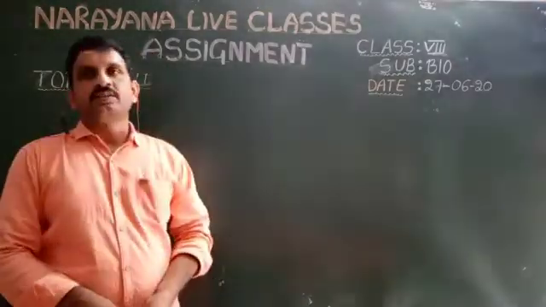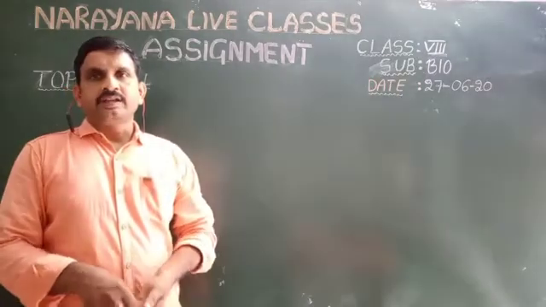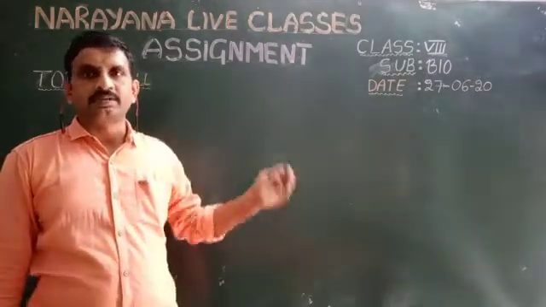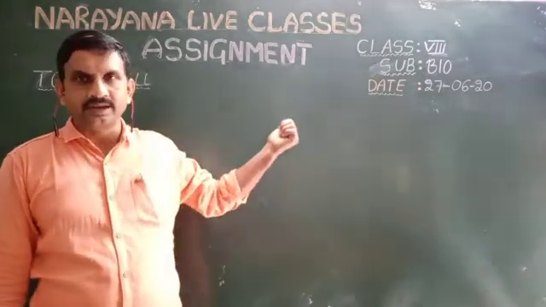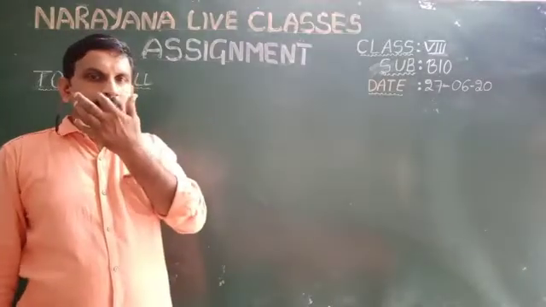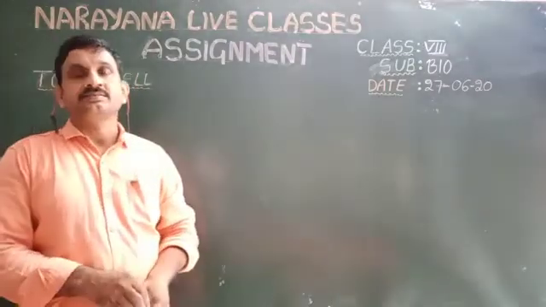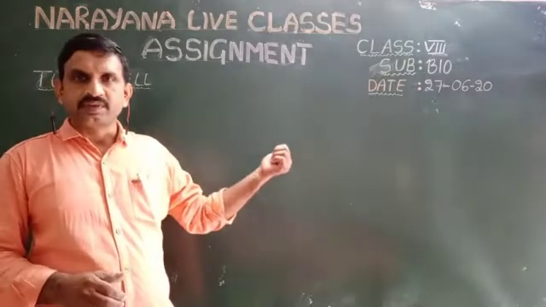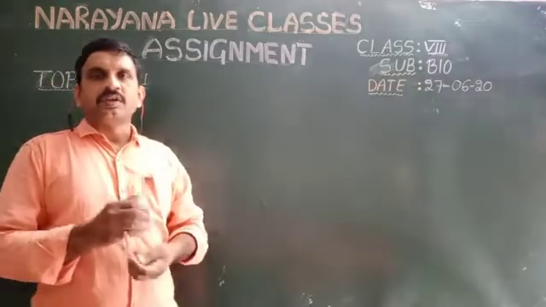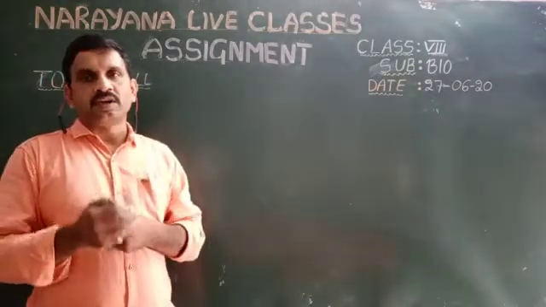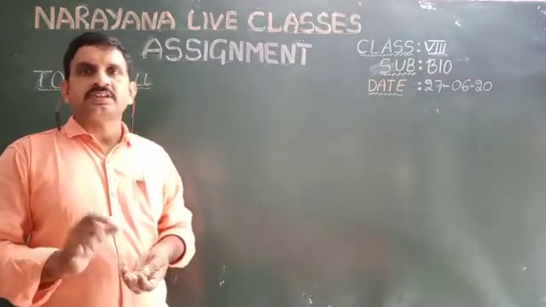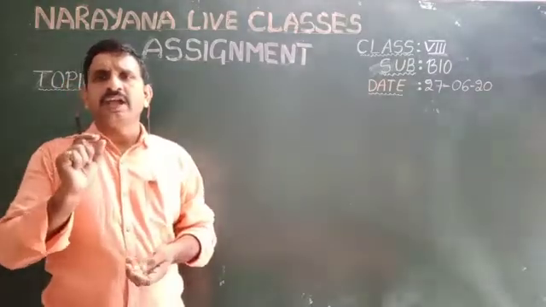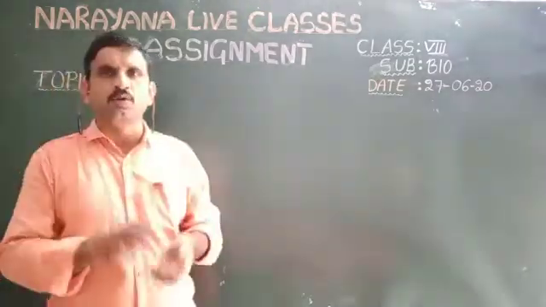Today we are going to discuss the 8th class biological science assignment, the 27th dated assignment. There are 3 questions in this assignment. Understood? The subtopic is observing the cells in a leaf. So we are going to discuss them one by one now. The first question is: how do you look at a leaf under a microscope?